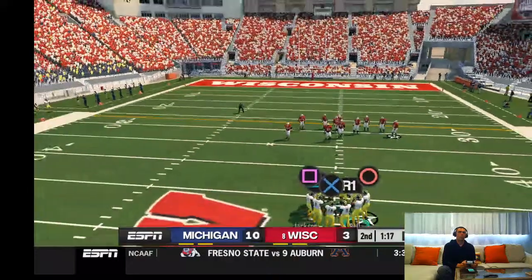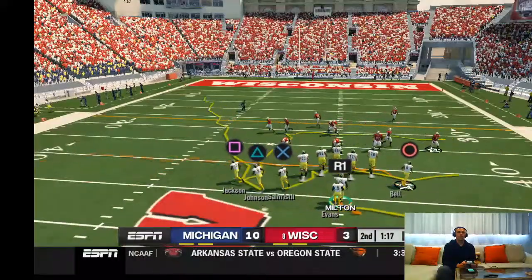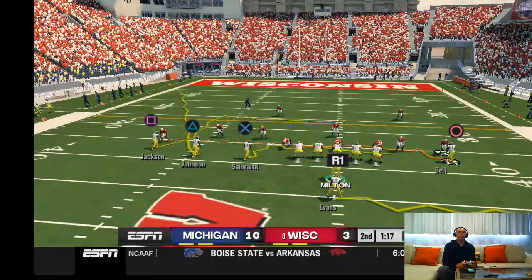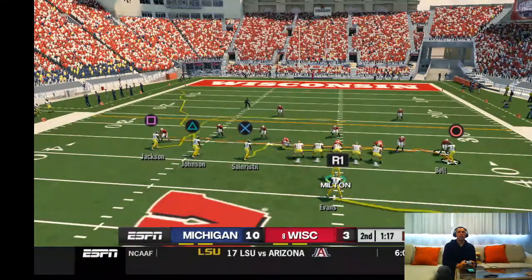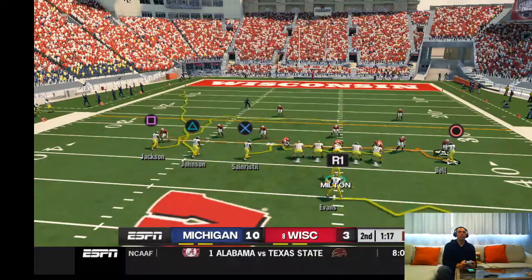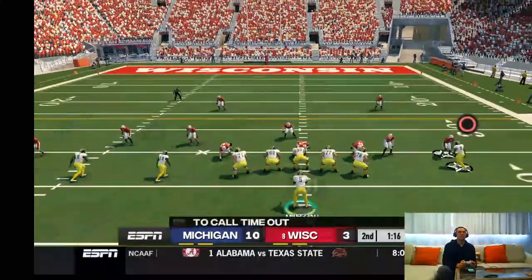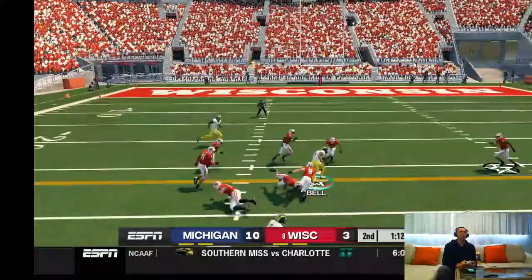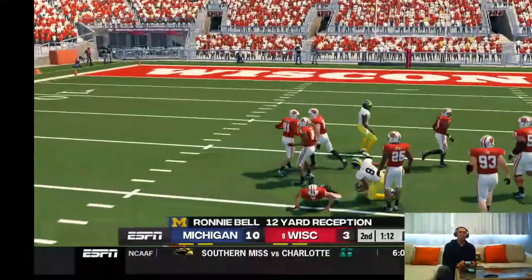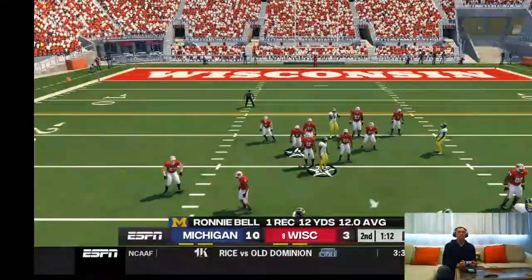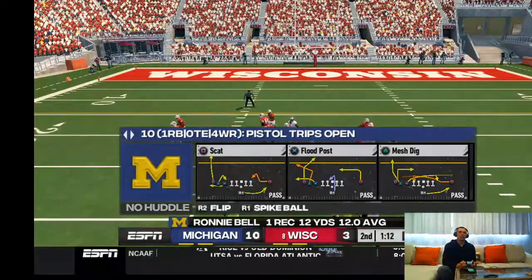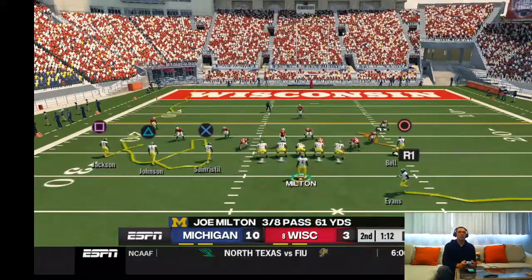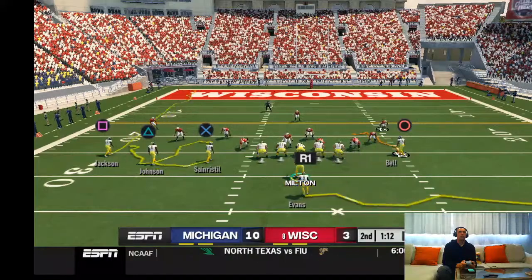In a game that's this close, you can't afford to waste a possession. My first look here is going to be the triangle. Michigan is up a score. Run to the flag there, or run to the corner. Otherwise, it'll probably look underneath here. Throws it in a hurry. He's tackled at about the 25-yard line. Same thing here. I'll look deep and then go to one of the checkdowns here.